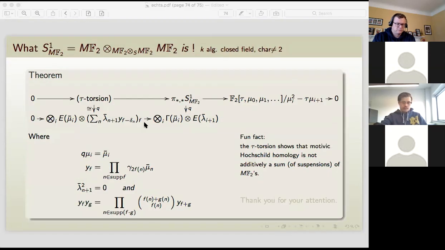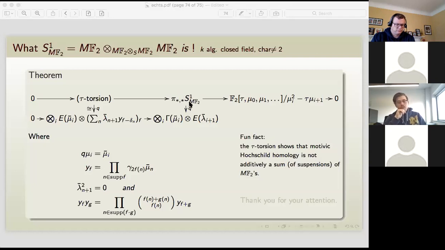Okay, so let's wrap up the entire thing. We have an algebraically closed field of characteristic different from 2, and if you want to study more complicated fields, then things become slightly more involved. But staying with that, the motivic Hochschild homology of the one sphere, in the category of S-algebras over the mod 2 motivic Eilenberg-MacLane spectrum,